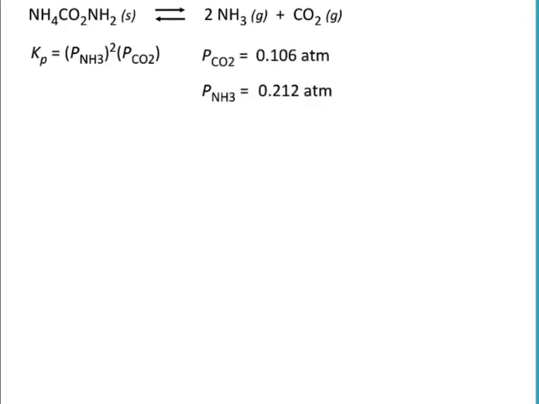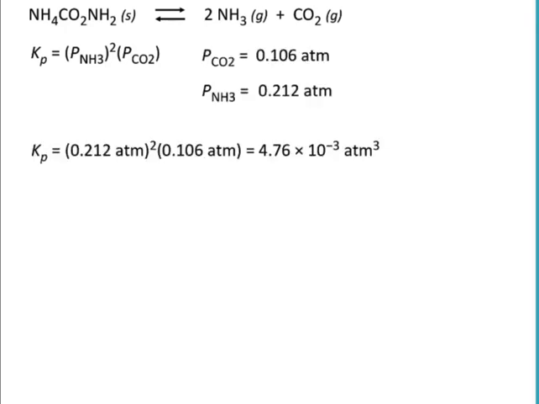So now let's finish this out, right? Our goal is to calculate Kp, so here's Kp. We take the partial pressures of both. We're plugging basically these partial pressures back into the Kp equation, so don't forget to square the ammonia. Plug those in, and we get Kp, 4.76 times 10 to the negative 3 atmospheres cubed. And so this is yet